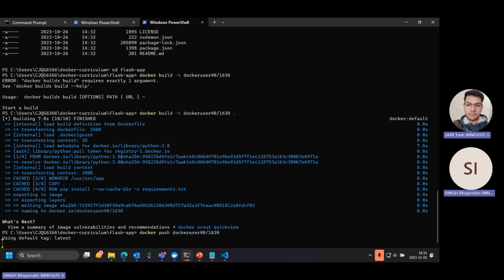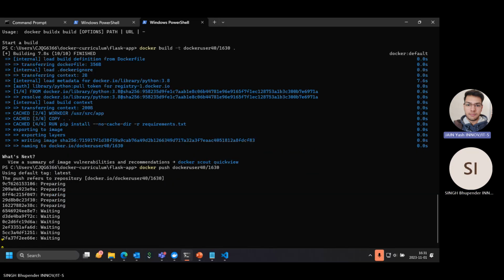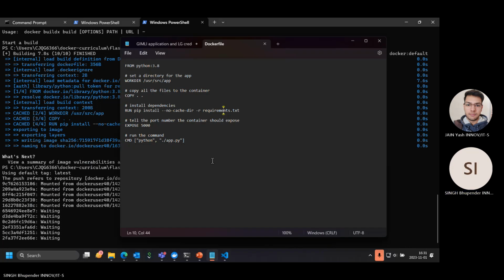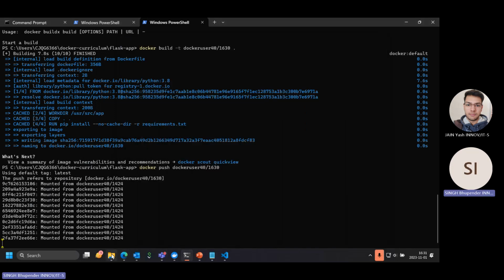Okay, so if we write this command, my question is, in your Docker image, what all the information will it have? It will have all the information necessary as we wrote in the docker file: the Python based image it is using, what is its working directory, what ports it is going to expose, and the requirements that are there in the other file.